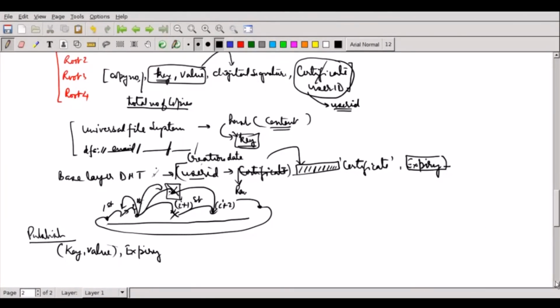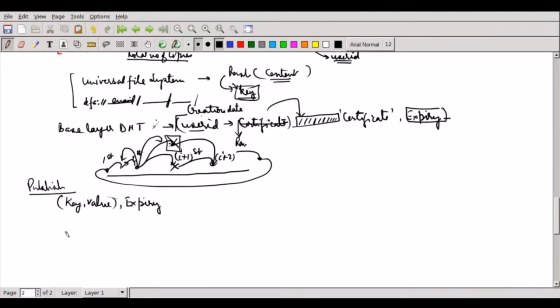Now there will be some sources which, for example, are like a movie. So I am putting a movie, and the way it is done in our design is by computing the hash of the complete movie content, and this hash ID is the key for this. So as long as somebody has this hash ID, this will be accessible. The moment this hash ID is lost, if nobody has this hash ID, this content cannot be retrieved. So I need to clean and purge all these extra, what we call orphan data structures.